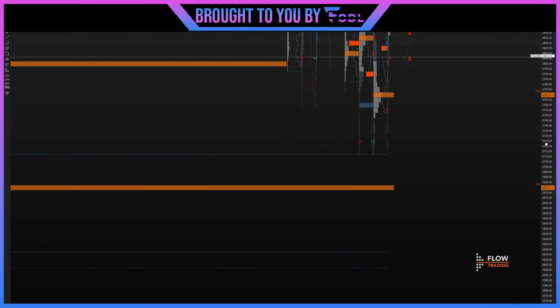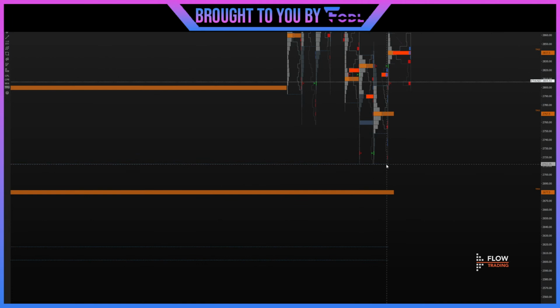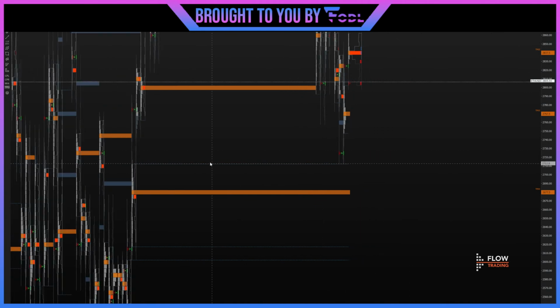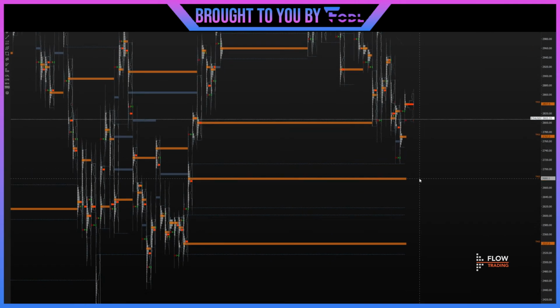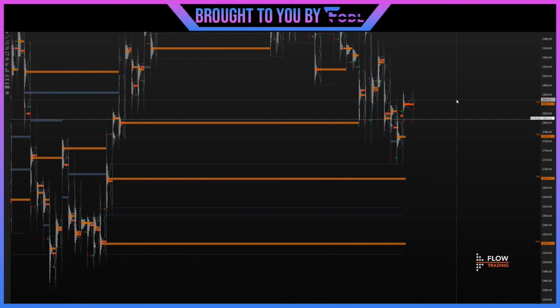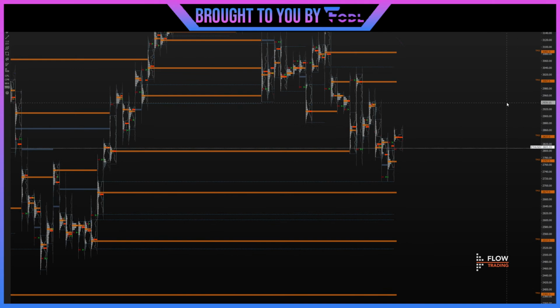Saying that, we did bounce on the value area high here. That's basically where we bounced there, okay? So the value area high of this profile with the naked point of control, right? The naked point of control, like I said, remains at around $2,700. The value area high acted as support, and so we rallied, okay? So we're going up until